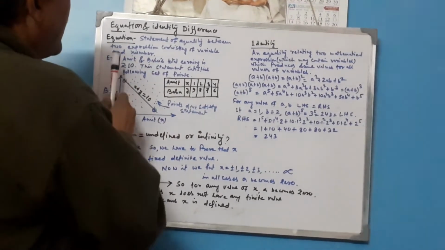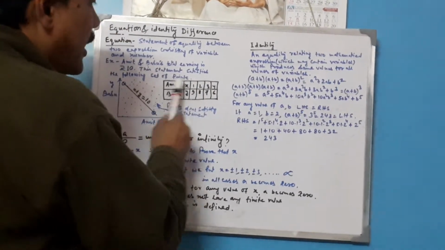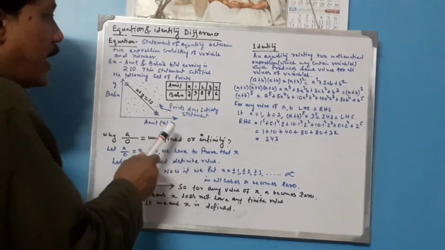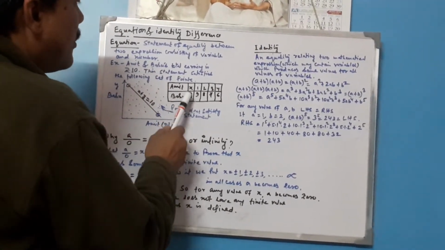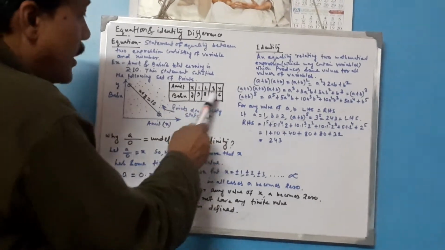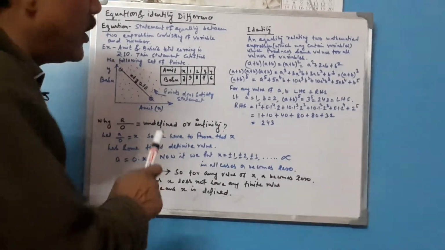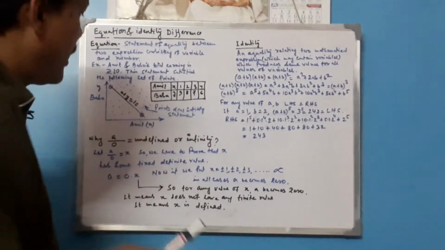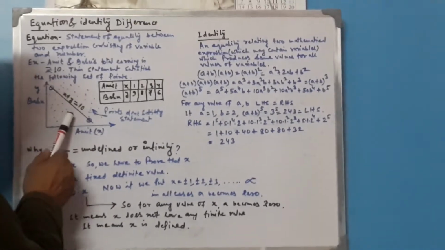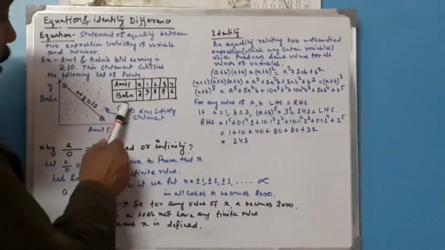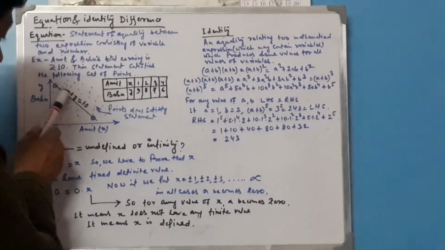So in case of an equation, there are only a few points which satisfy the equation, which satisfy that statement. If we put these values only, then the equation is satisfied. That means it is not satisfied for any values of x or y. There are a lot of points in the Cartesian plane, these small blue points, which do not satisfy this statement. It means these points are not on the straight line.